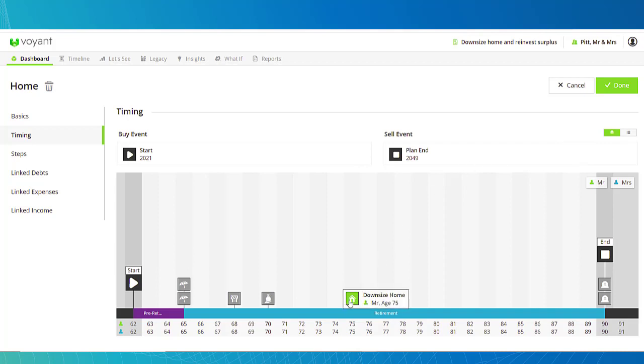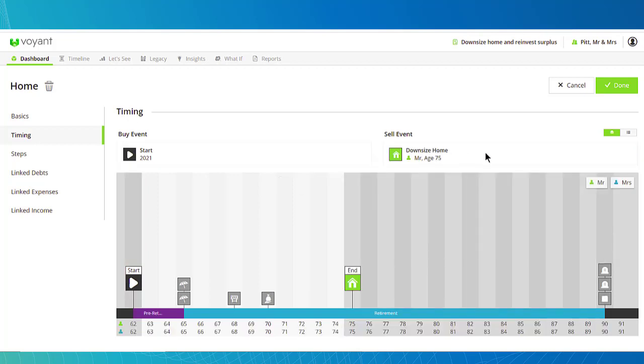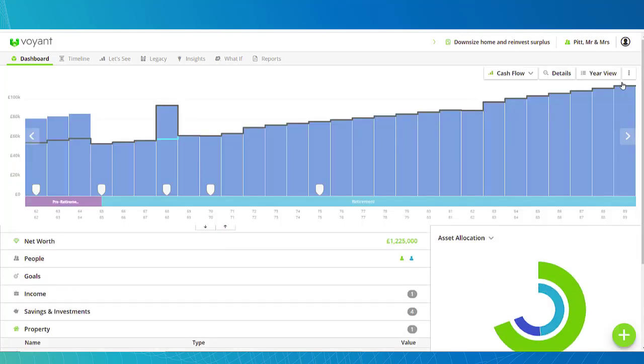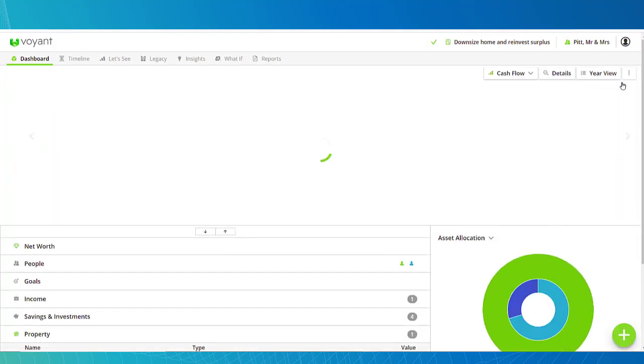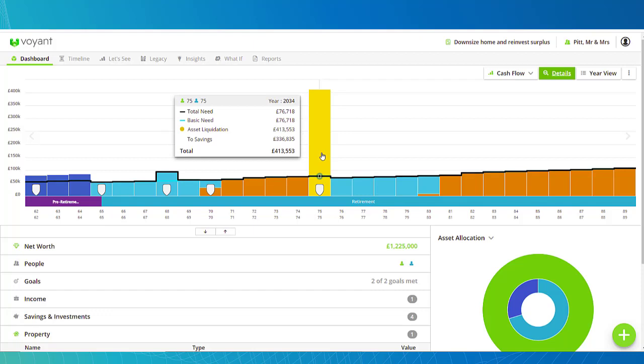So what I'm now going to do is edit the sell event and drag and drop that new downsize home event into the sell event box up there, and then click done. Now what we'll see here is the effect on the cash flow chart. And I'm now just going to click on details, and you'll see the spike here for when the home was liquidated. So we can see asset liquidation there of